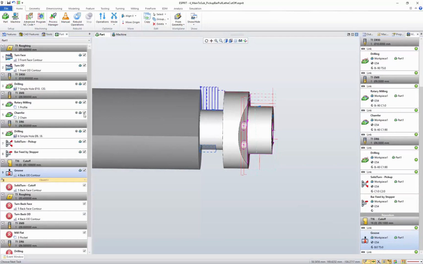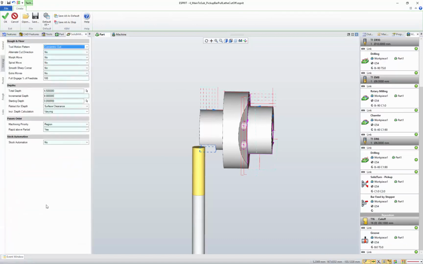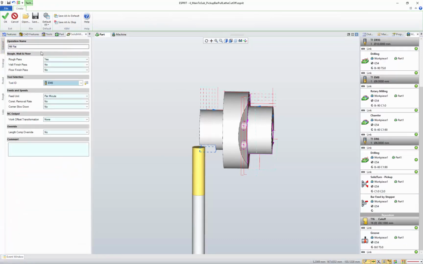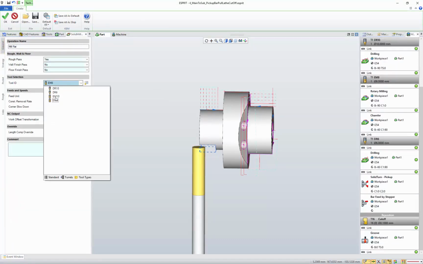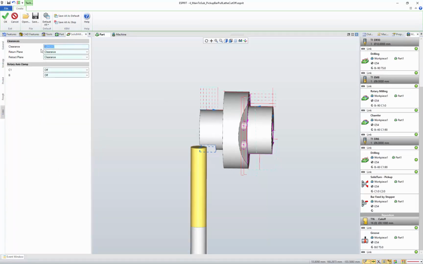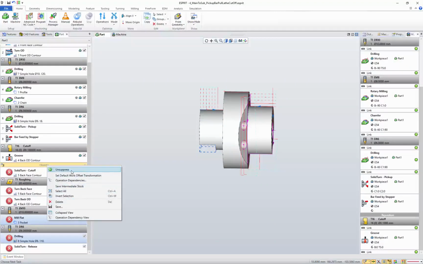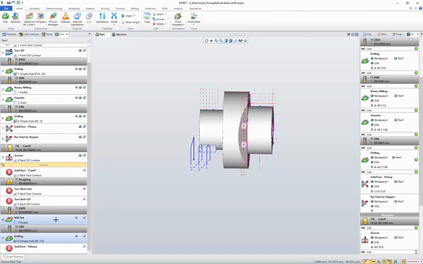And I'm going to do some modification to the rest of the program to adapt to this new process. So first, for the mill flat, I will use a different tool. So that's again going to be cut with both spindles holding on the workpiece. Okay, I'm going to move the mill flat and the drilling to happen right after the groove.